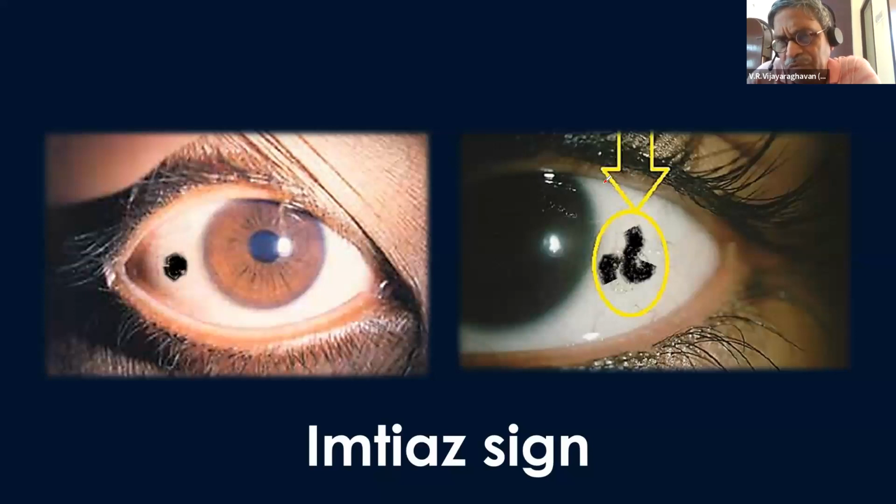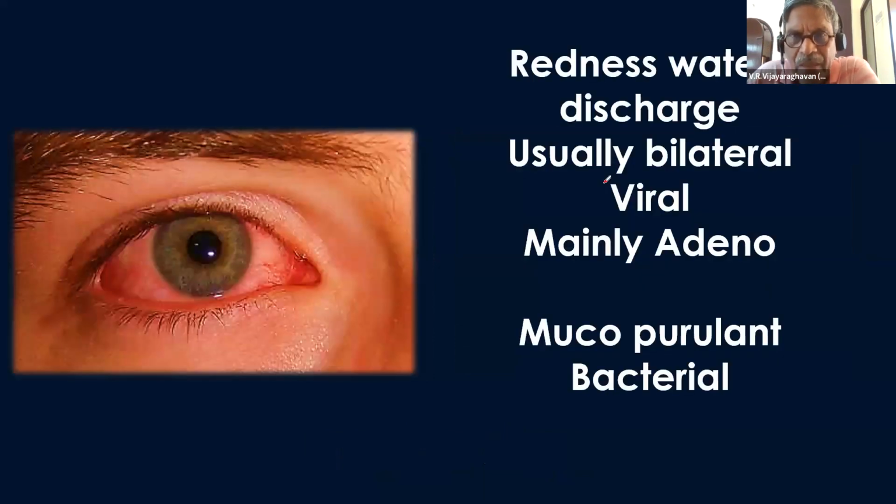This is what black spots look like. Of course, I have drawn this picture. This is the way the black spot will be there. Kajal applications can lead to the imtiaz sign. Next, when I see some discharge from the eyes,